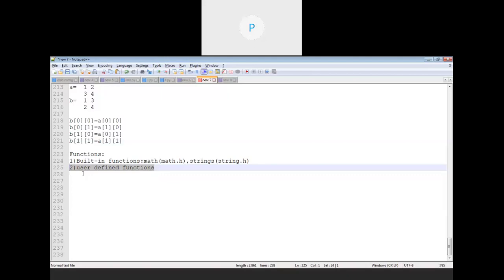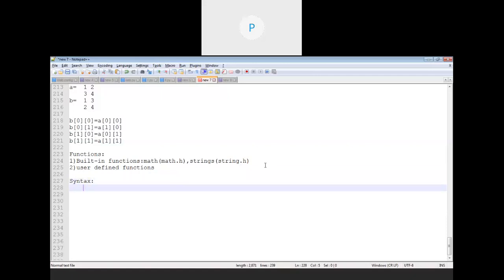Or take another example, like just now we had seen the example of addition of two matrices. In that example also I need to make use of the nested for again and again, or I have to write the same code for accepting the two different matrices. The only change is the matrix name. So in that case also we can create a reusable function through which I can accept the matrix information or show the matrix information. So you just have to write the code once and you can reuse it multiple times. Now for creating a user defined function you need to understand its syntax first.